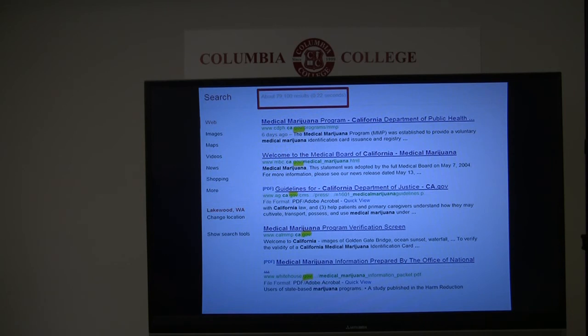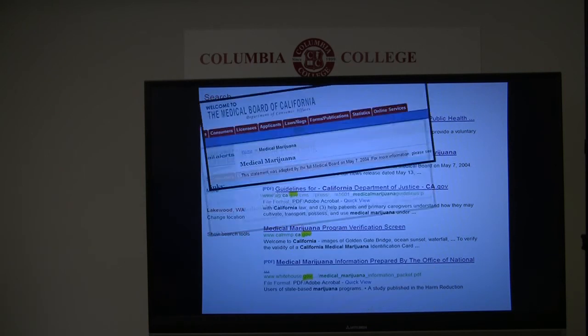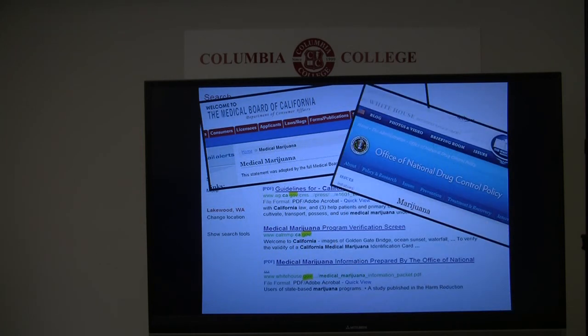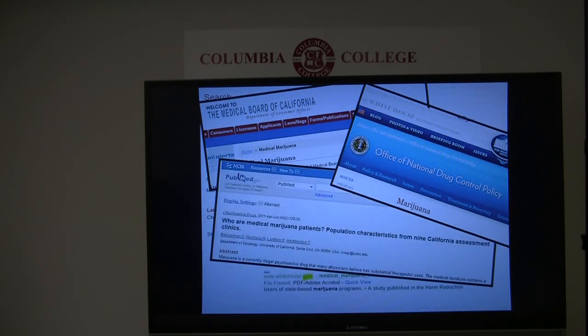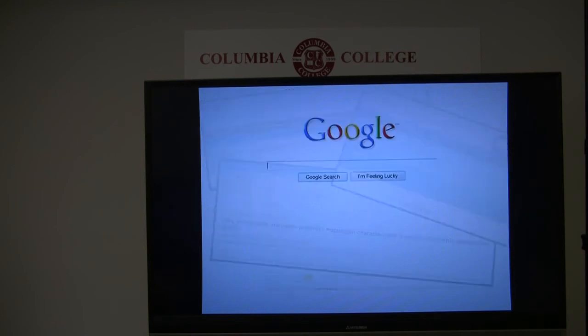In addition, now all the websites you see are government websites that have .gov somewhere in the web address. Now, in just the first page of results, you have expertly narrowed your search results to find quality information about medical marijuana from the Medical Board of California, a fact sheet from the White House's Office of National Drug Control Policy, and a scientific article through the National Library of Medicine.